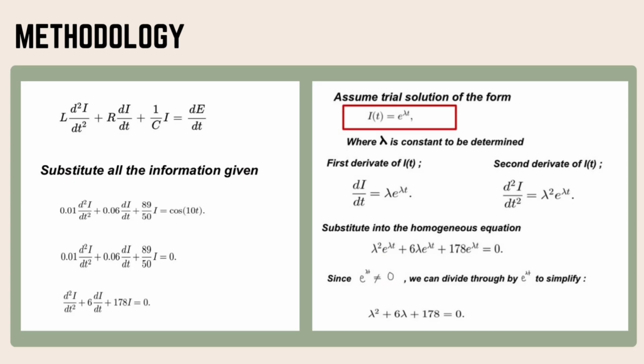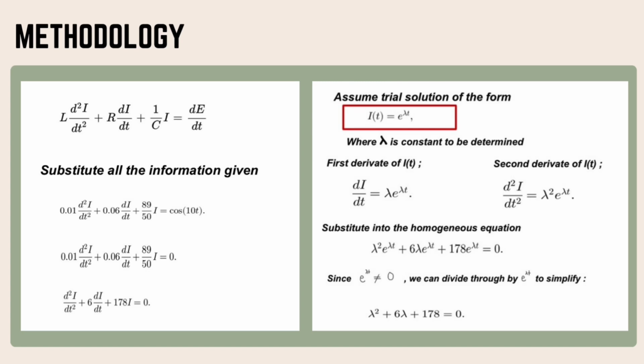Next, we will substitute all the information given using the previous formula, and then we got 0.01 d squared i over dt squared plus 0.06 di over dt plus 89 over 50 i equal to cos 10t. And then to find the eigenvalues, we focus on the homogeneous equation, ignore the external forcing term cos 10t, and set it equal to 0. Dividing through by 0.01, we simplify to d squared i over dt squared plus 6 di over dt plus 178